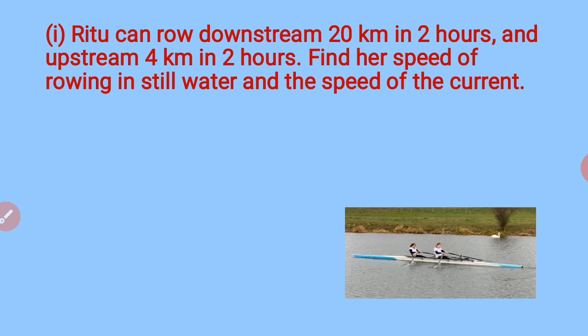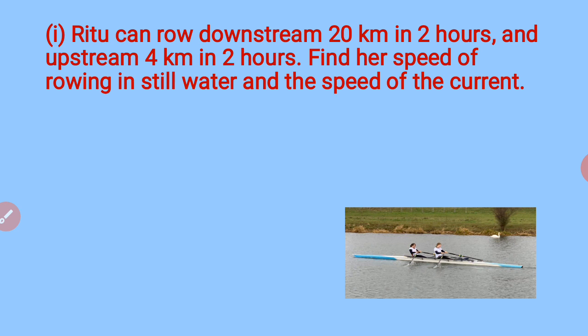When you go downstream, there is one addition. The speed of your boat increases because the water also pushes you down. There is one more way, going upstream, that is against the river, over the upper side, that is rowing upstream. Now when we go upstream, our speed reduces because the water is pushing us in the opposite direction. We have to row more.